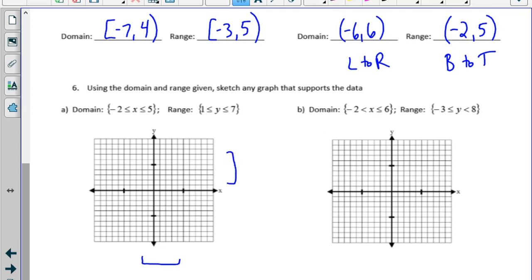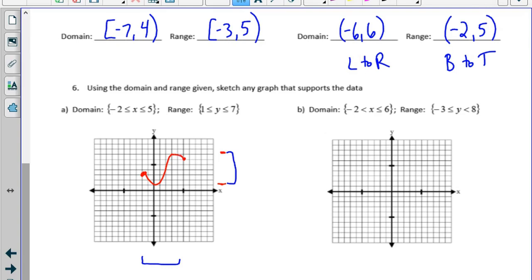So as long as I'm between -2 and 5 and between 1 and 7, I can start anywhere I want and end anywhere I want, as long as I get down to here and up to here, and I don't go above or below that. Now, I went a little bit above, but that's because it's really hard to draw on the smartboard. So something like that